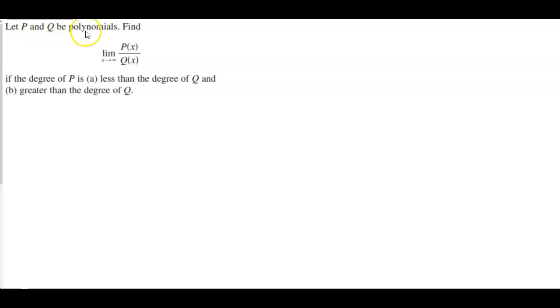Let P and Q be polynomials. We want to find the limit as x approaches infinity of P of x divided by Q of x if the degree of P is A, less than the degree of Q, and B, greater than the degree of Q. Well, the first thing we need to do is define what P of x is and what